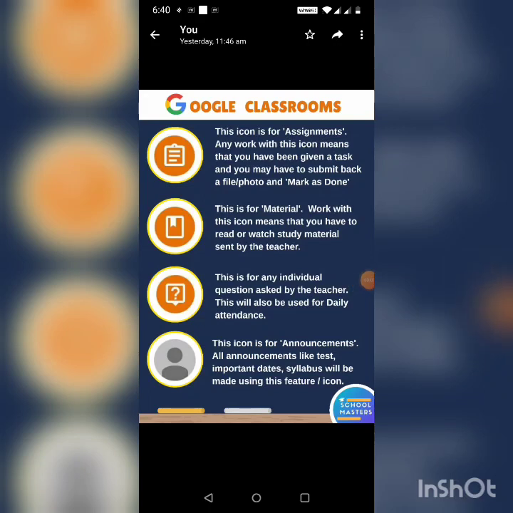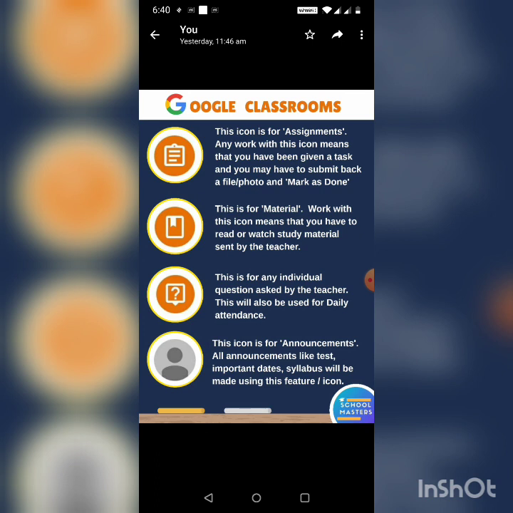This is a short video to help you use the Google Classroom app. Before we begin, I request you to shift to full screen so that you don't miss any portion of the demo screen. So this image must have been shared with you by your teachers. As you can see, there are 4 icons present in this image. And these are the 4 ways in which a teacher can share work with you in the Google Classroom app. We'll be taking them one by one.